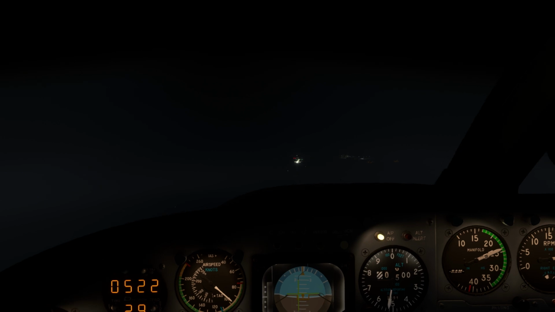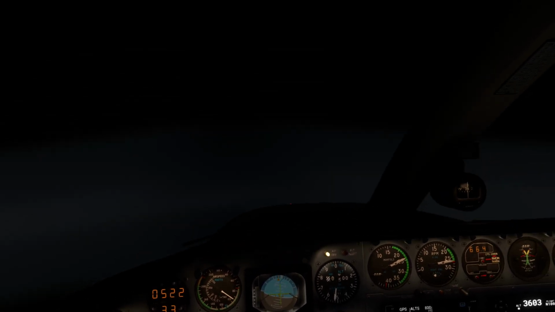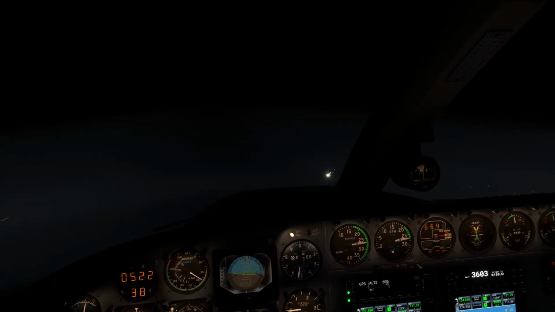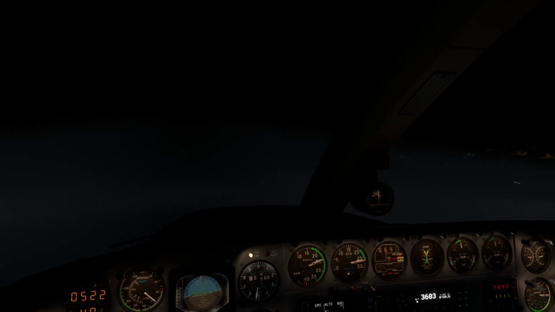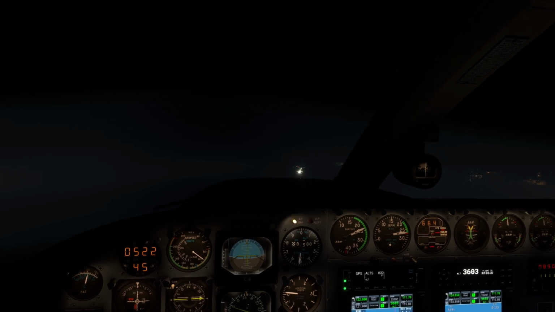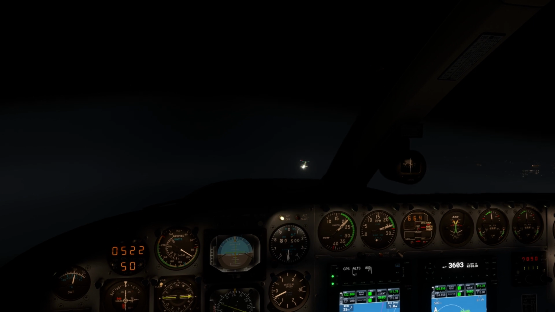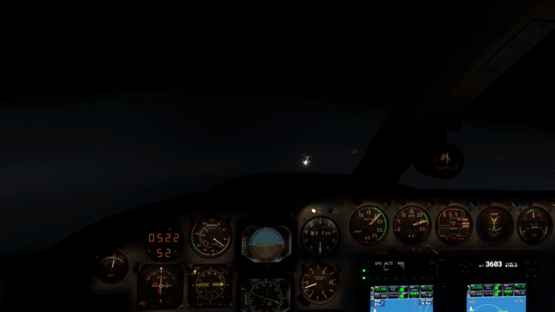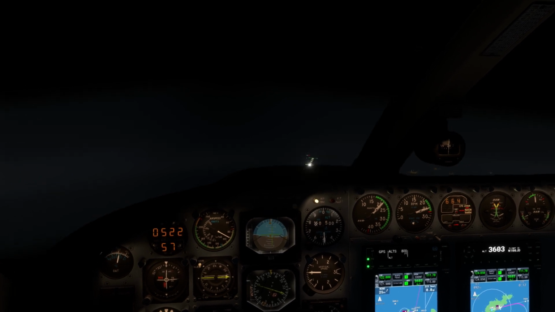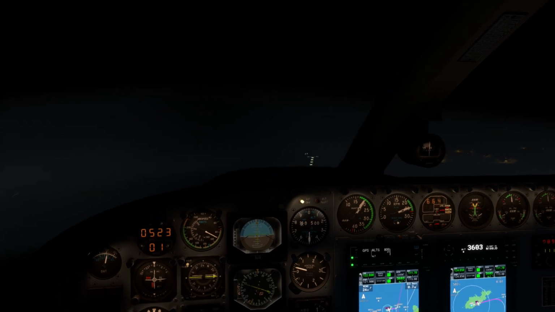I'm just looking for that one red and one white, which I haven't got at the moment, so I'm just going to increase speed a little bit. Just putting a bit of rudder input here, and that's what I'm looking for, the one white and one red. I'm just trimming her out as much as I can, and I'm going to follow this all the way to the centre of the runway. Because Alderney is not very nice at the moment,